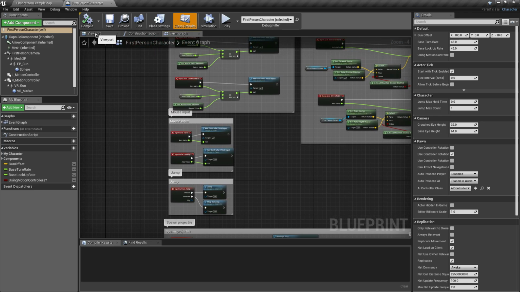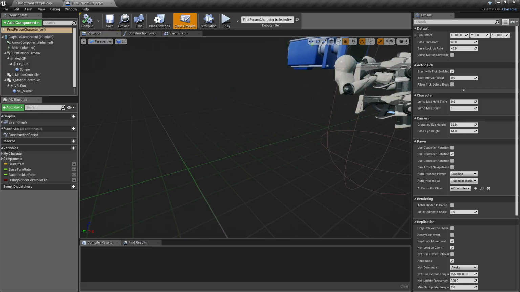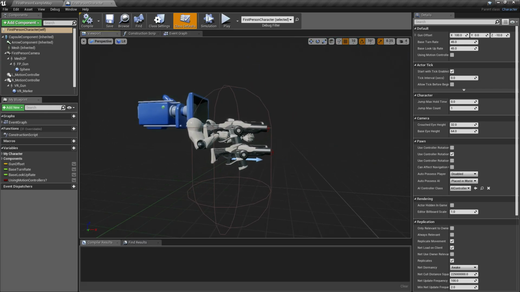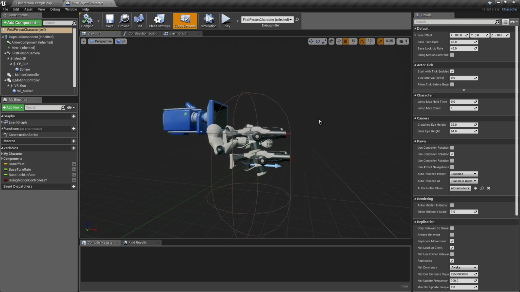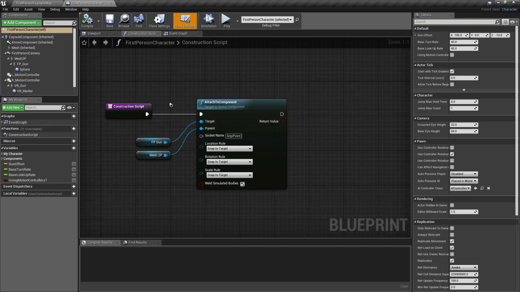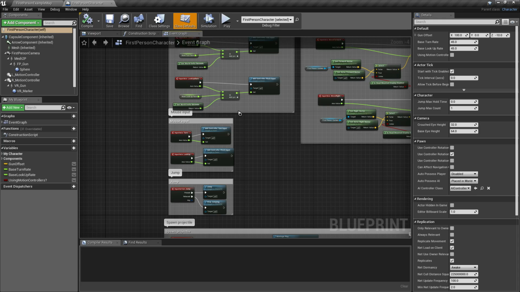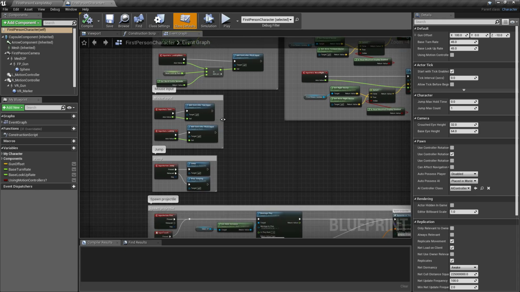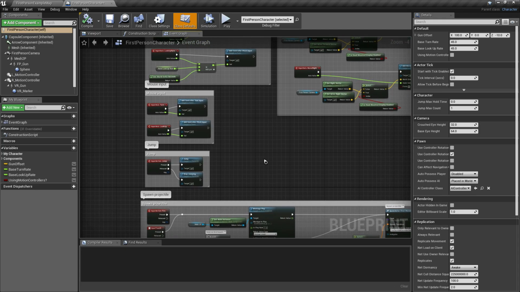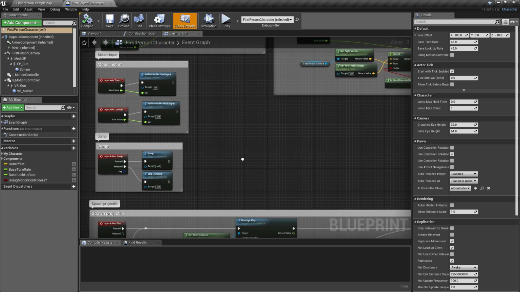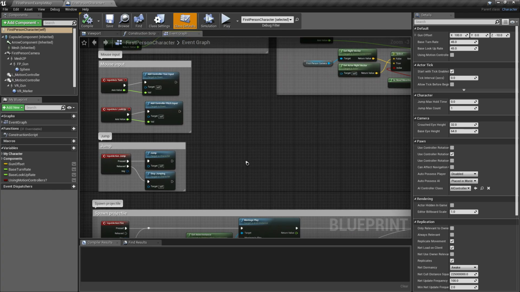We have the viewport, where we can see the whole actor of our first person, and we have the construction script. We also have the event graph. In the blueprint, what we need is the event graph. This is where we're going to create our logic or event in crouching.